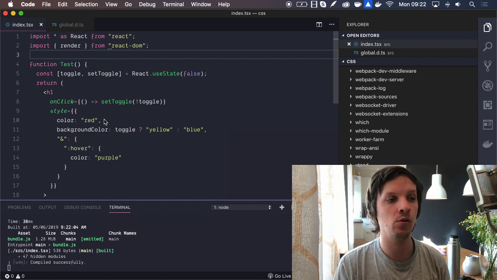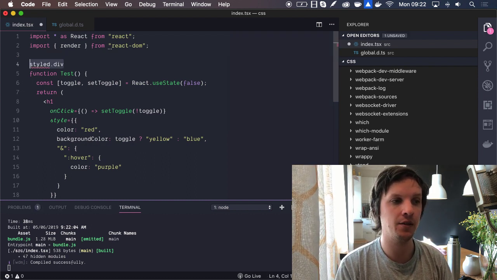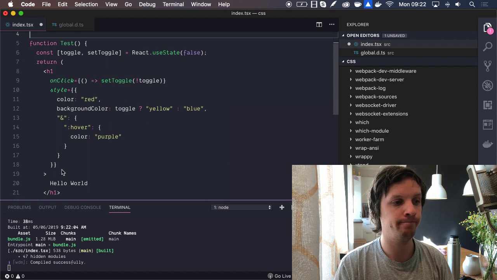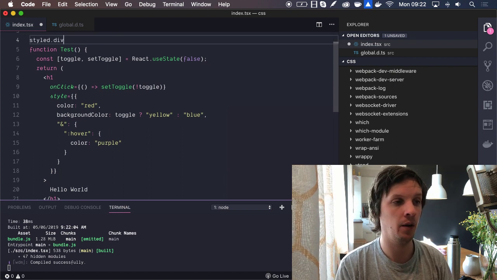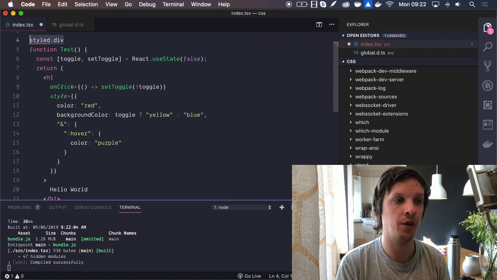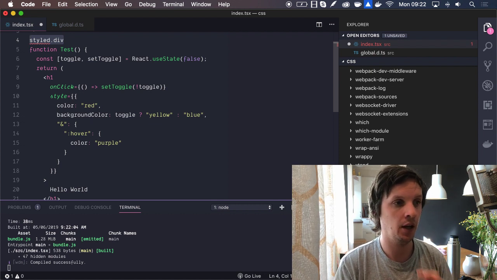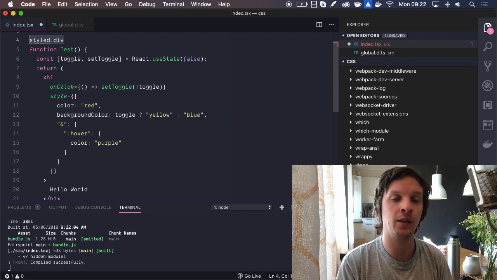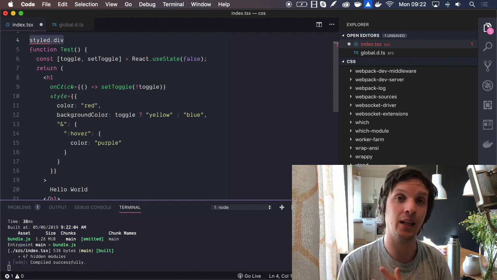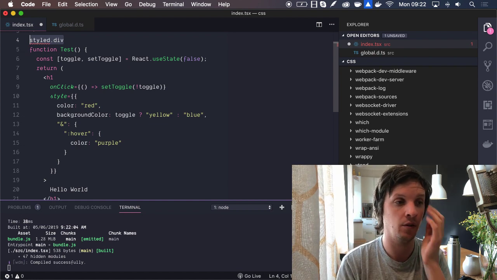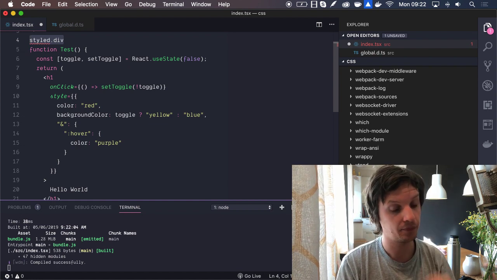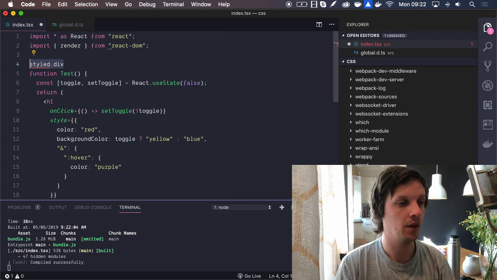And then you might say, oh, what about styled div and all that stuff? Well, I don't like styled div. One reason being it just hides too much stuff. So, for example, again, if I do dynamic stuff, it doesn't handle it. If I pass in a property that is going to toggle some CSS, then it might leak into the DOM because it just puts all the props right into, passes it to the element. So I don't like that.